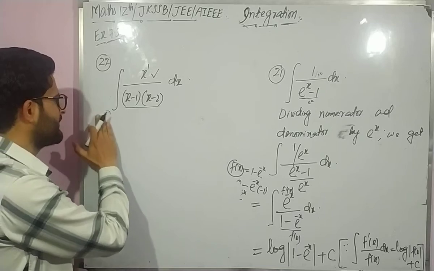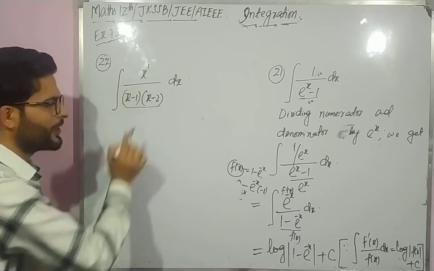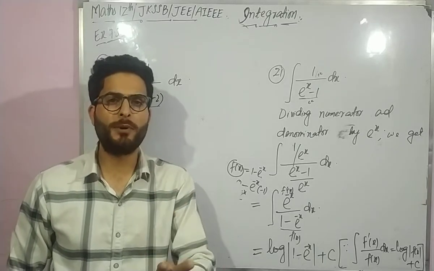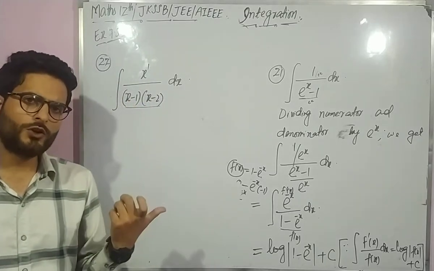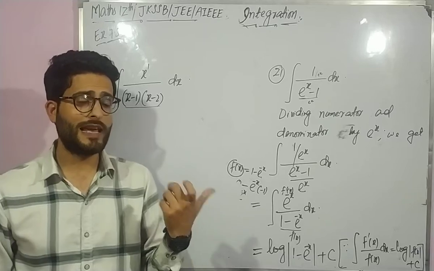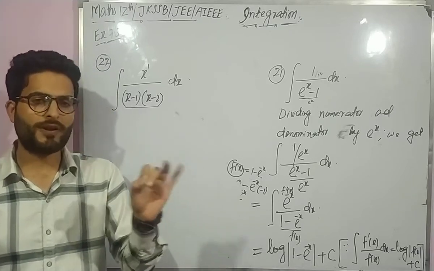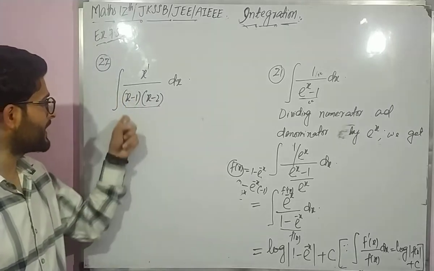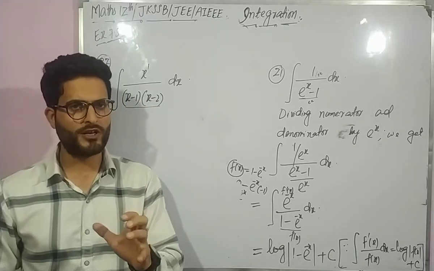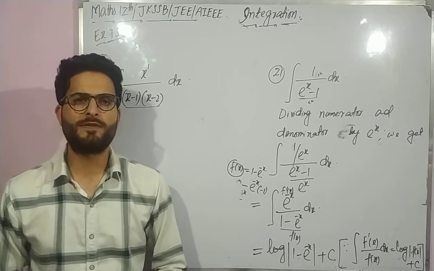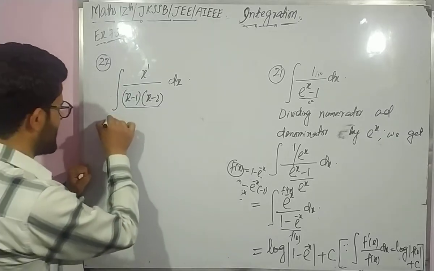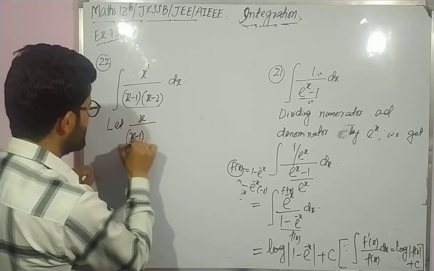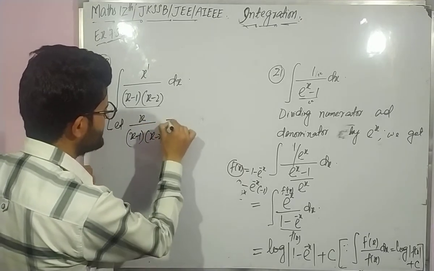And in that proper rational function, we have the denominator, and in the denominator, we have two linear non-repeated factors. Take a look at the lecture that we have discussed about proper rational functions and the representation of their partial fractions. If in the denominator we have two linear non-repeated factors, then that can be expressed in terms of partial fractions as, yes, let x divided by (x minus 1)(x minus 2) be equal to